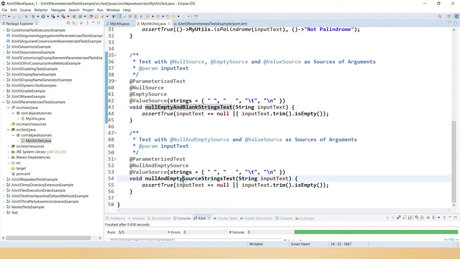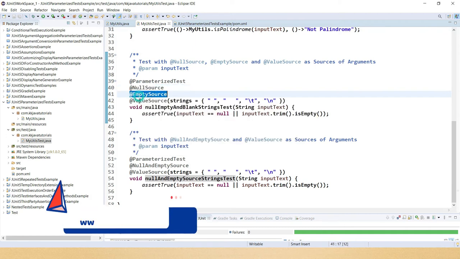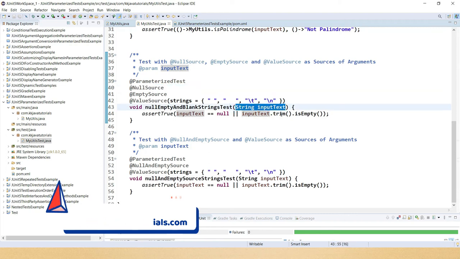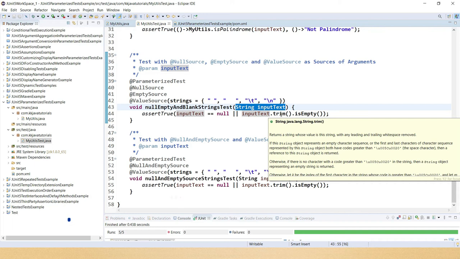In the first one you can see @NullSource and @EmptySource, and here @NullSource means this will provide one null as an input, right? And look at the parameter. Here we have taken the input as a string, right?